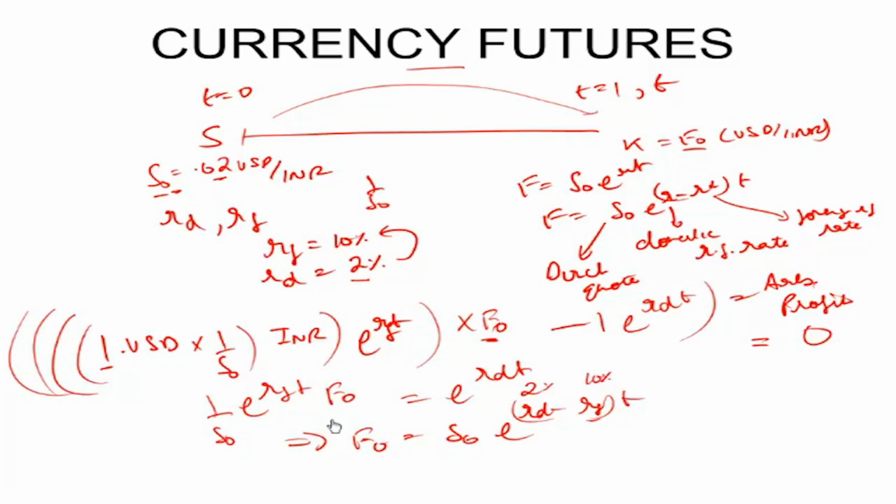So the currencies will move, or the forward price will be such that there is no arbitrage profit. It will be S naught e raised to power (Rd minus Rf) into t. For remembering the formula, remember it's the same as for any regular forward, S e raised to power Rt, only the domestic risk-free rate, which is anyways the domestic risk-free rate in our regular forward questions as well. The foreign risk-free rate will be thought of like the continuously compounded dividend yield. So for a continuously compounded, it would be (R minus R star) into T.